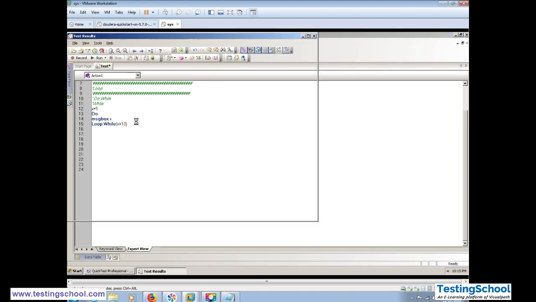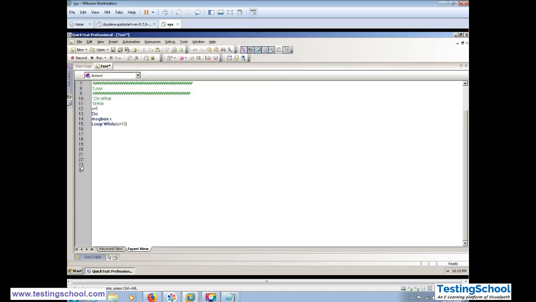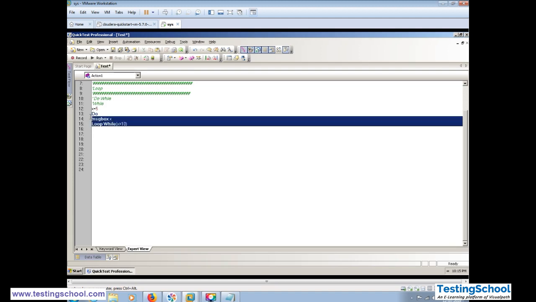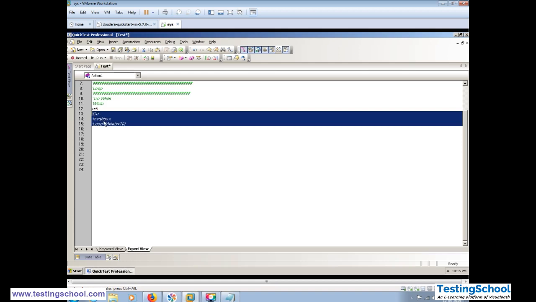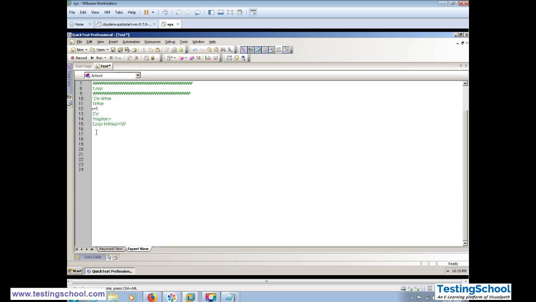Whereas if you use only while, we'll write the same code as a while. So we'll comment this and we'll write here while x is greater than 10, then only it will enter in the loop. MSG box x, and then